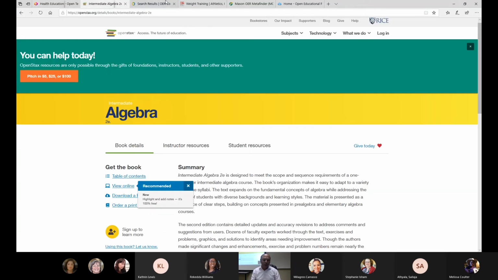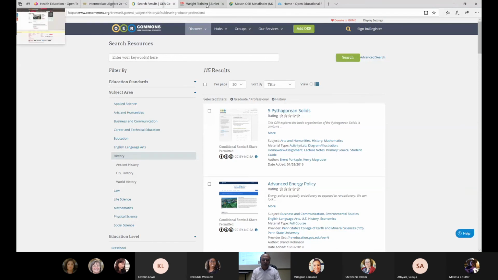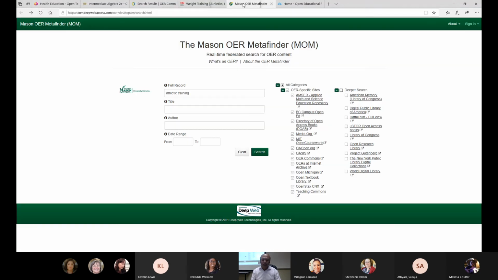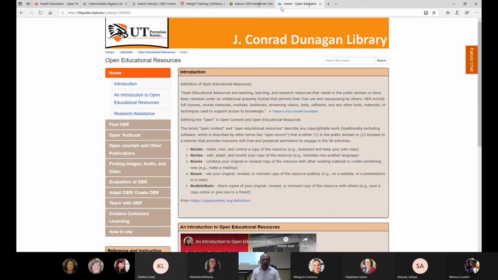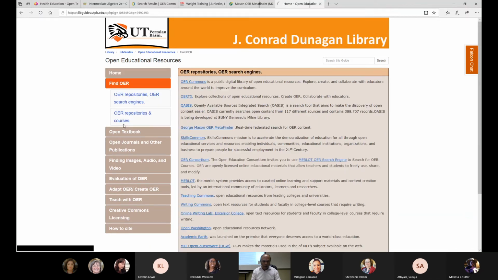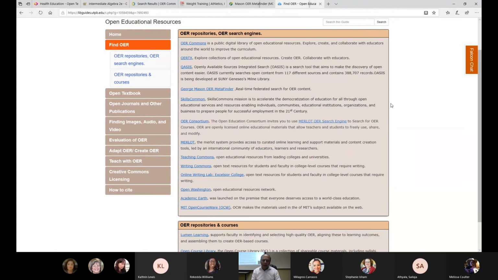So this is some of the major sources where you can find your information. And the last thing I want to show is our open educational resource LibGuides. If you want to use all these, under the Find OER link you can get OER Commons, Vortex, Quasi, George Mason, and OER Consortium. So all these are the biggest OER repositories right now. So feel free to just click on them and play with them, and I'm definitely sure you will get some quality